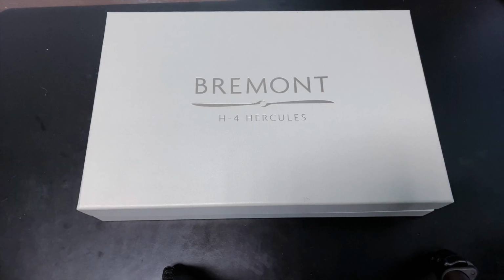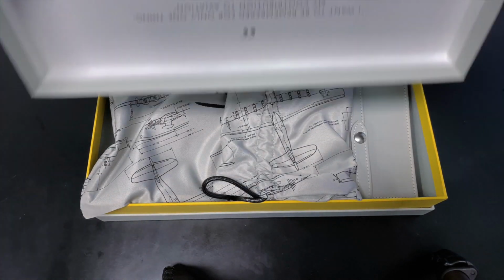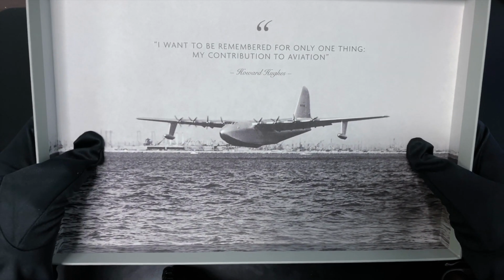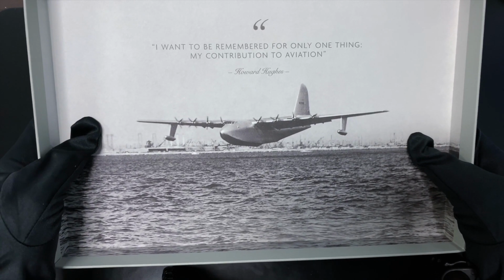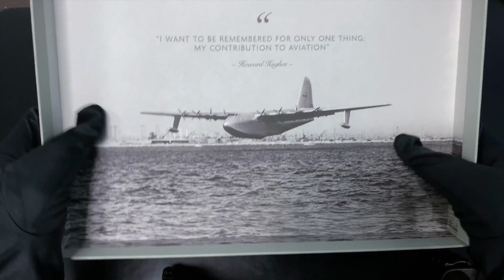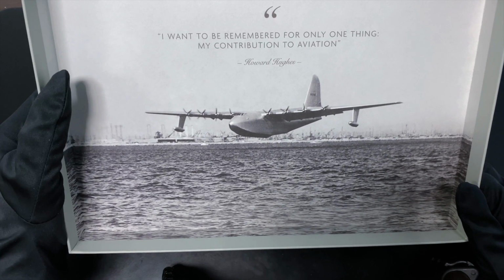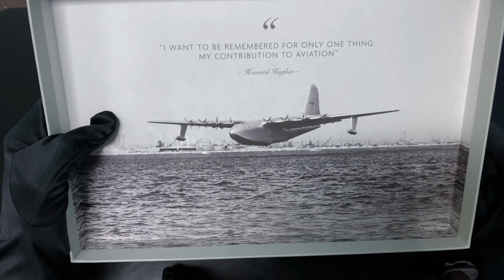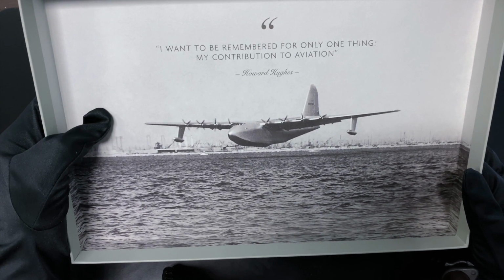So as you can see, the front of the box says the Bremont H-4 Hercules, the name of the watch. But when you open the box, the back side of the box has a quote from Howard Hughes, because obviously he designed the H-4 Hercules, also known as the Spruce Goose. If you've seen the movie Aviator, this plane was featured in that movie. It had the largest wingspan, at least at the time, of any plane that had ever been produced, and possibly to this day. The reason it was called the Spruce Goose is because it was made out of wood. There was a shortage of aluminum and steel during the war, so he had to make it out of